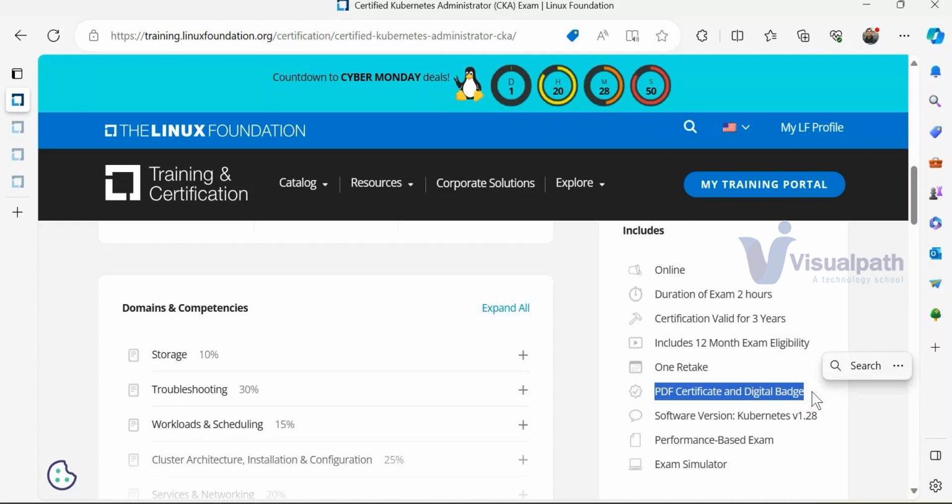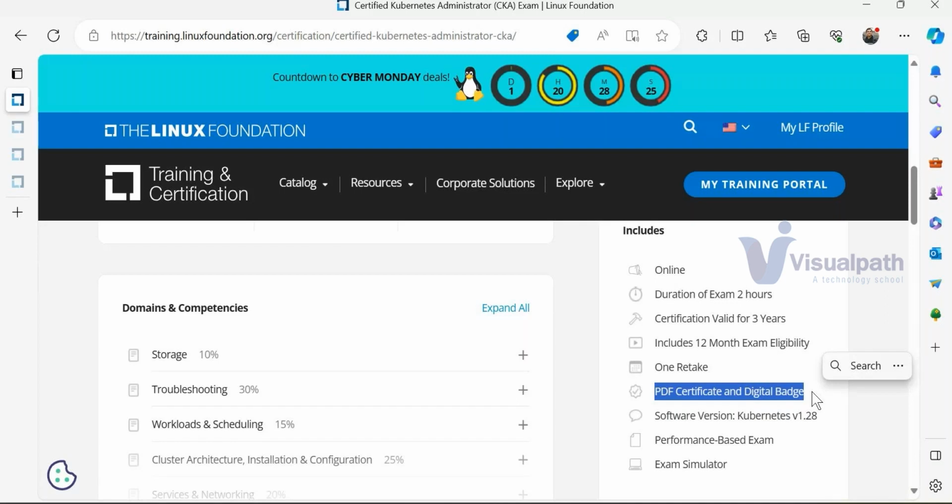Tomorrow, if you switch the job, the next employer or the HR people may want to verify your credentials. If they ask you, you can submit the link and your ID, and they can verify it. So everything is digitalized, managed online, and they can verify that you are certified or not. They will just go and do all that. So now all these are authenticated.